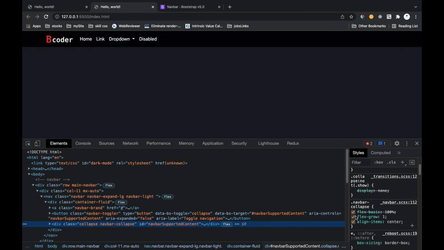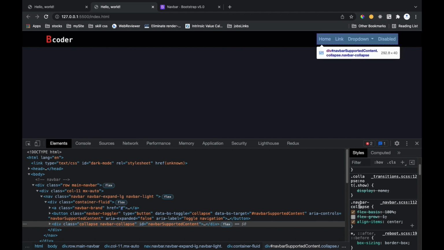I just want to check what happens if you disable an option. So if I disable this flex-grow option in navbar-collapse, you can see what is happening. When I disable this, it comes to the right side, and when I enable this, it goes to the left side. So this is the property we are going to change.